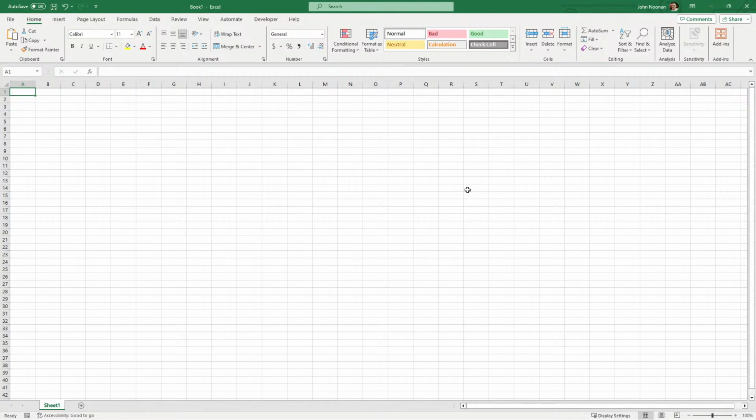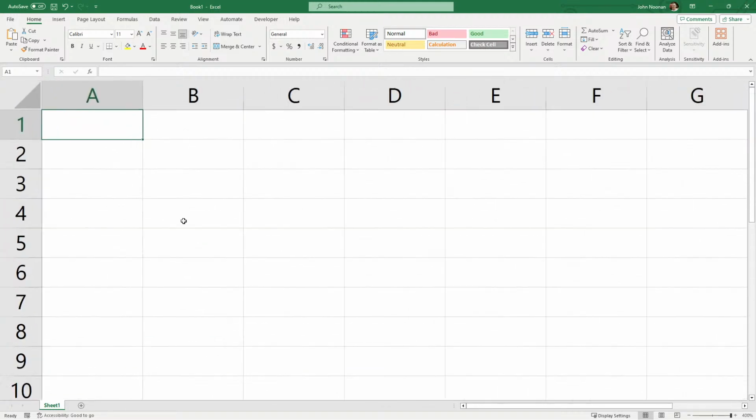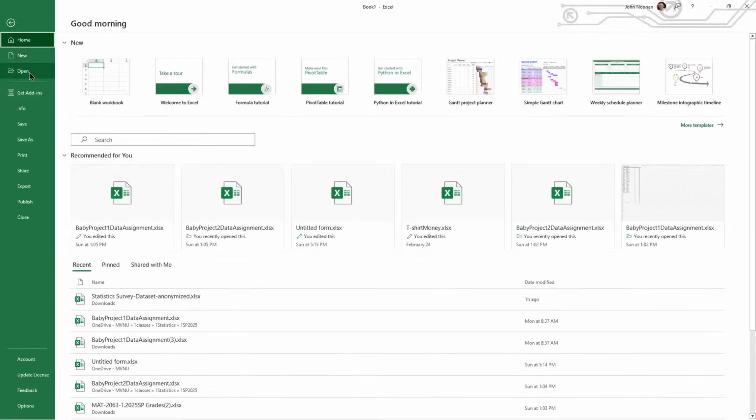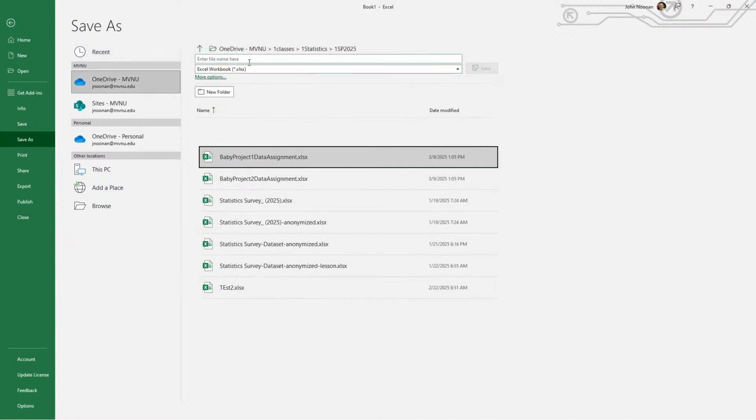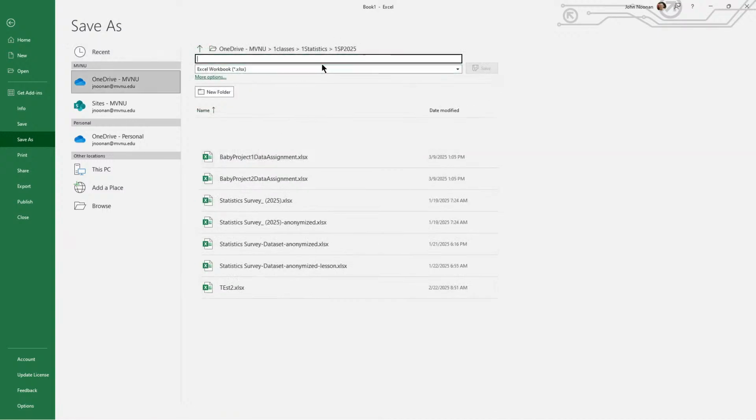So you're going to want to make a new Excel spreadsheet. The reason why is because with this new Excel spreadsheet, you're going to save it somewhere where you know where it is. So I'm going to stick it in my spring 2025 folder. And I'm going to call this confidence interval, let me put an underscore, interval